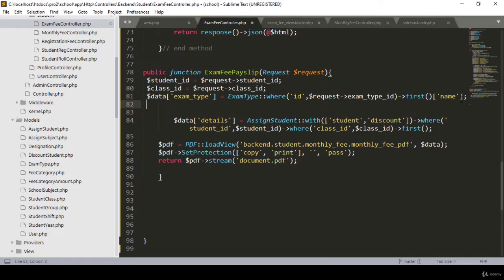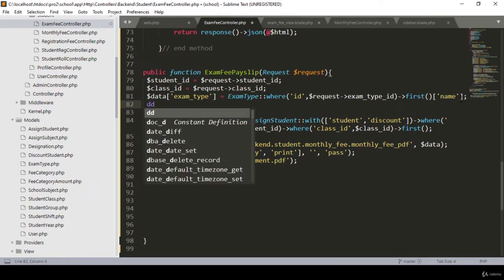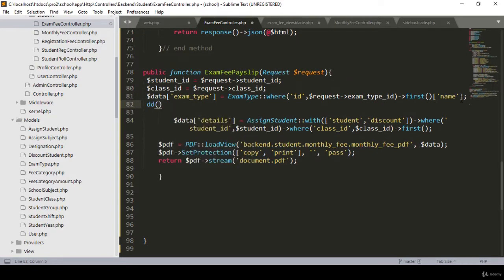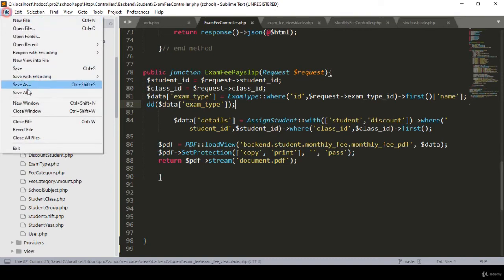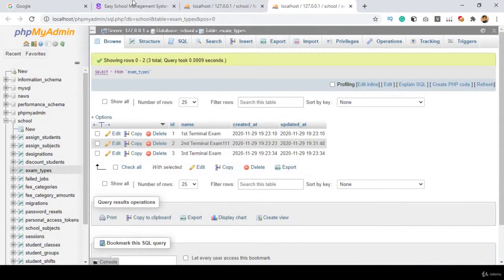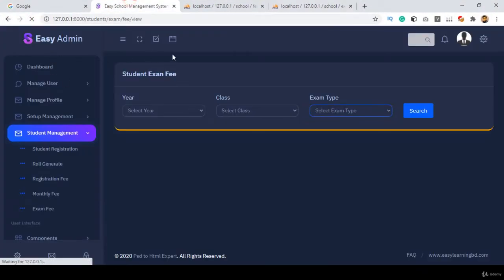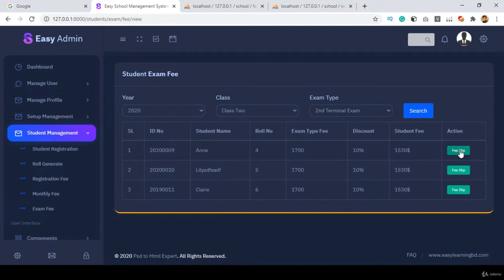First of all I want to check it, I will show you, then everything will be very clear to you. I take a DD, and with this DD I want to check this exam type. It should be loaded now. So I simply added our DD and then exam type. Now I want to check, so click save all. Okay, I click save all, and now I go there and refresh it, and select the year and class, select second terminal, click search, and now if you go to this payslip,